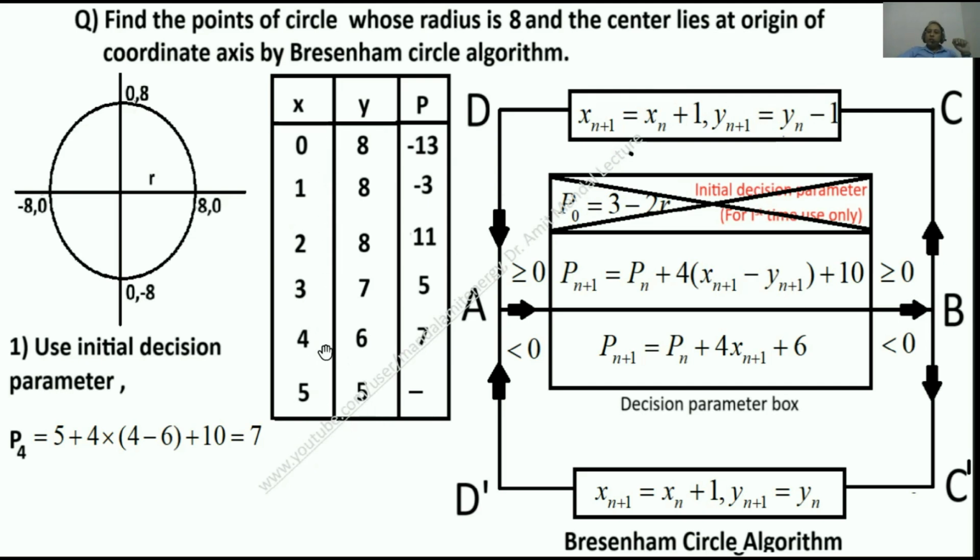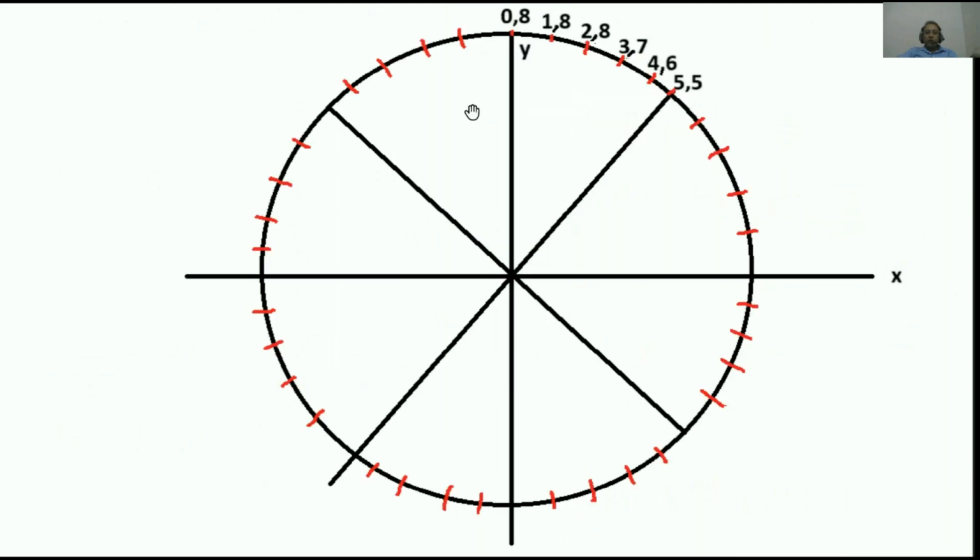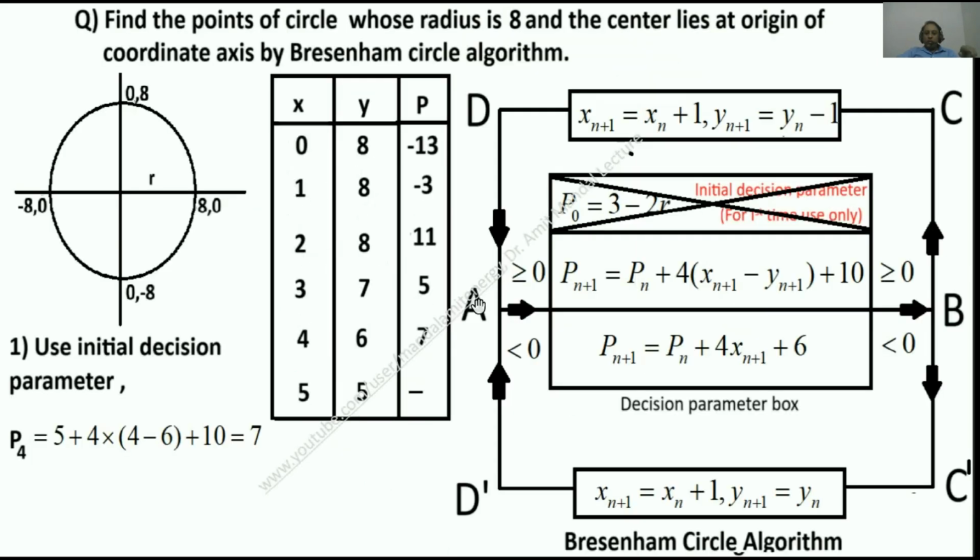You have to iterate up to the time either x becomes equal to y or x is greater than y. If you reach a condition when either x equals y or x is greater than y, in that case you don't have to proceed further. So we have found the points of this octant. I already told in the beginning that you have to find the points of this octant: (0, 8), (1, 8), (2, 8), (3, 7),